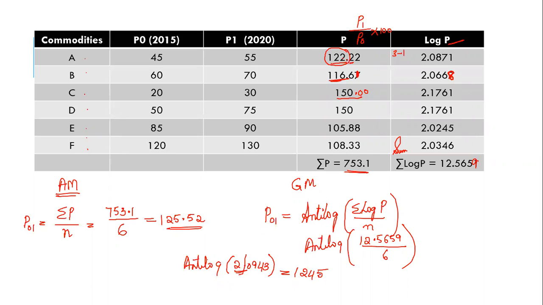Now how will you put a point? What is the value here? What is the value before the point? 2. Okay, it is 3. Sorry, it is, yeah, 3. Okay, what is the value before the point? It is 2. So in antilog, what were you doing? You were minusing. So here, what were you doing? You were doing 3 minus 1, 2.